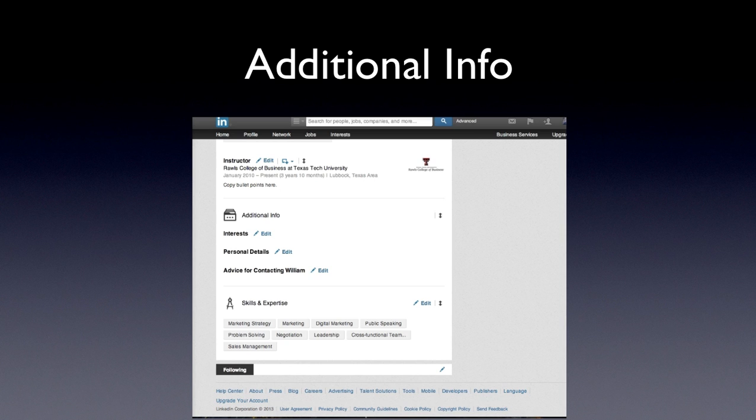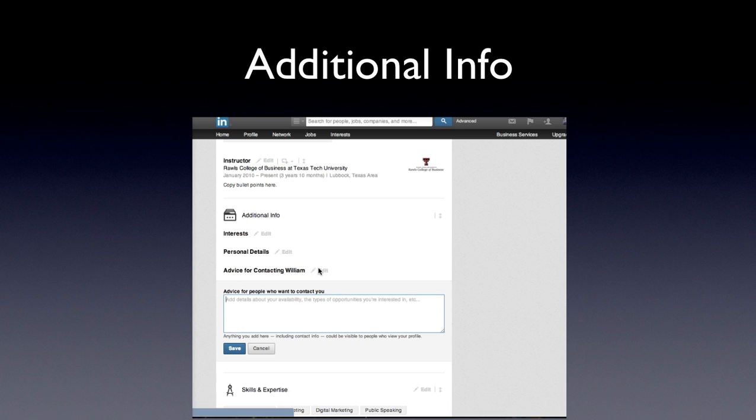Because LinkedIn is sitting out there all the time, you'll probably want to put some more details that you probably wouldn't put necessarily in a cover letter or your resume itself. One of the sections is advice for contacting. So if you want to put your email address, like your Texas Tech address, if you want to put a phone number, or if you want to put the context in which you'd like to be contacted, like I am currently seeking marketing internships in the Dallas